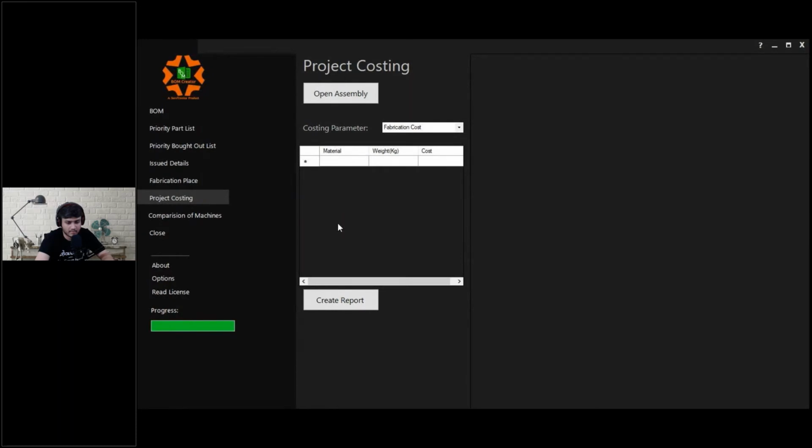Okay. So now this feature allows you to consider all the necessary information for executing the project. So when I say all the necessary information, right? The major parameters which drive the project cost are the fabrication, the engineering, packing, transportation, right? The bought out, etc. So these are the major parameters which basically drive the project cost.